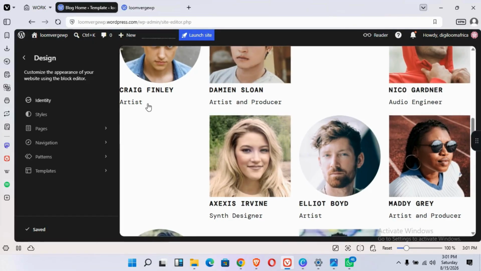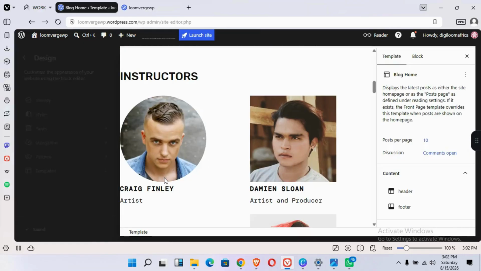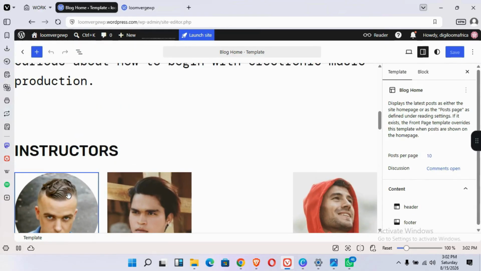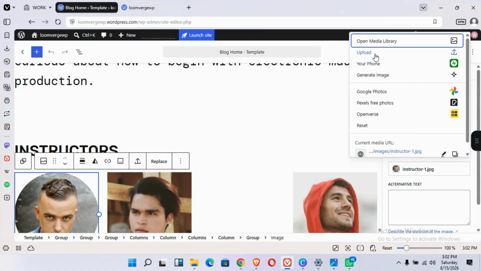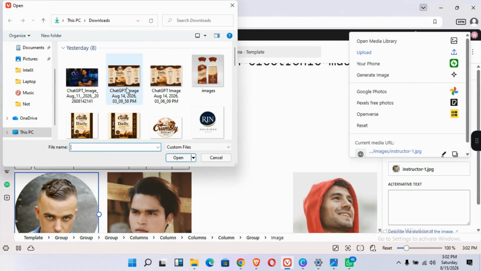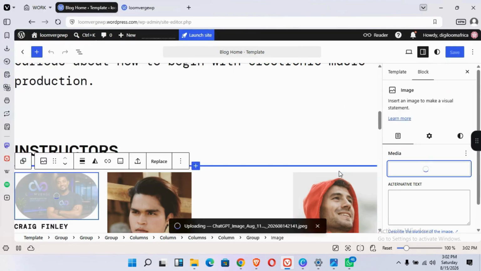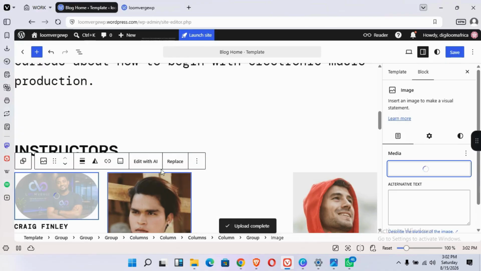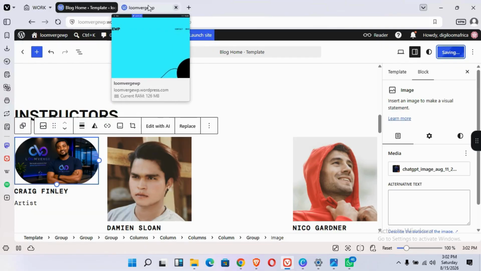So you can customize it to suit whatever you want. Say you don't like this image, you can upload your own image. You can upload your own image and all that. So if we save this, come back to